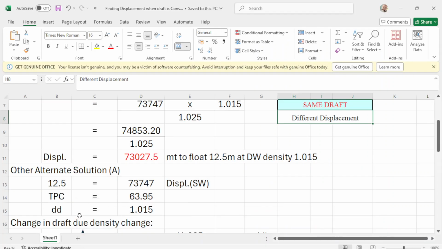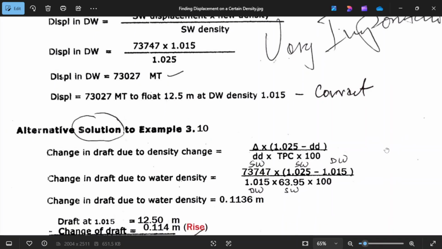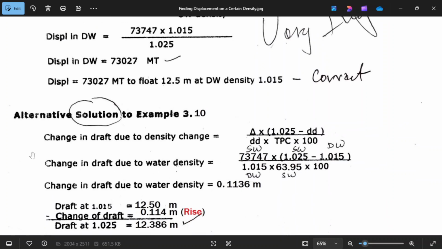Go back to the Excel form. So density TPC 63.95 and the local density is 1.015, which is the same here. Now what you're looking for is the change in draft due to density. The formula is displacement times the open parenthesis 1.025 minus the local density, close parenthesis, over the local density times the TPC times 100.